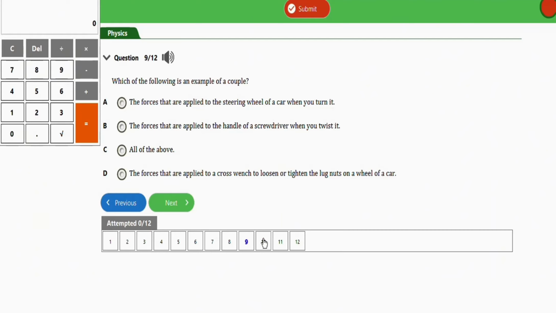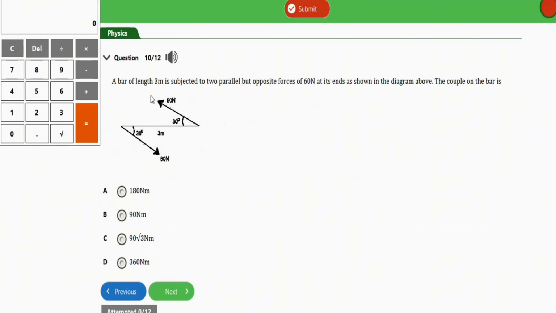The next repeated question will be this one. The question says, a bar of length 3 meters is subjected to two parallel but opposite forces of 60 Newton at its ends as shown in the diagram above. The couple on the bar is what? So guys, for this particular question, the basic formula for moment of a force is force times distance. So to solve this problem, since we have a bar of length 3 meters subjected to two parallel but opposite forces of 60 Newton at its ends,